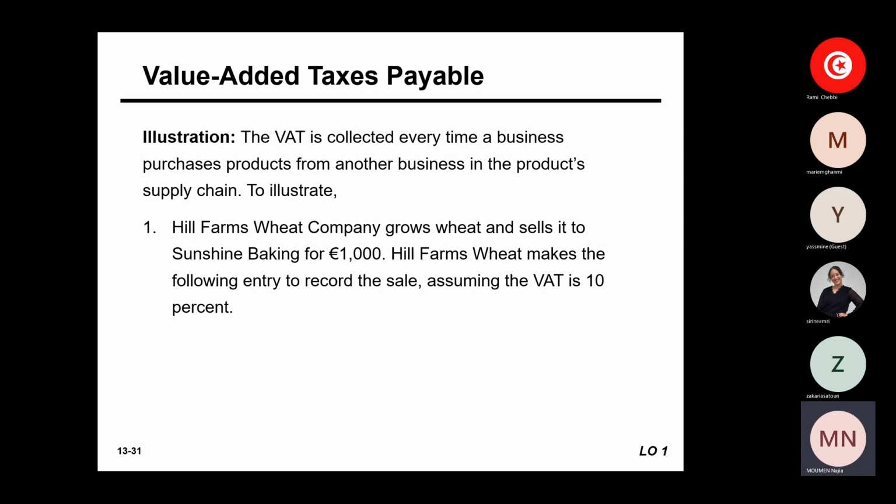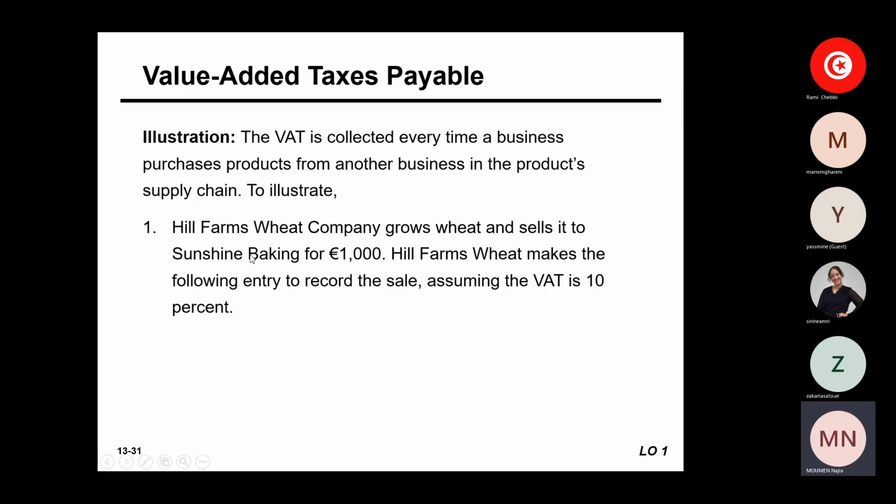So in general here, the concept is that I will just keep the amount that I already paid for. So I will get it again, and of course just remit the difference to the tax authorities. Okay. So here we have the example of this supply chain and this payment and collection of value added taxes.